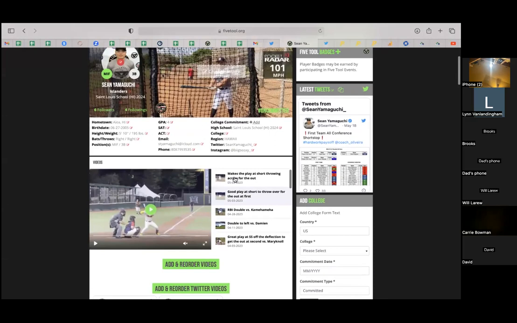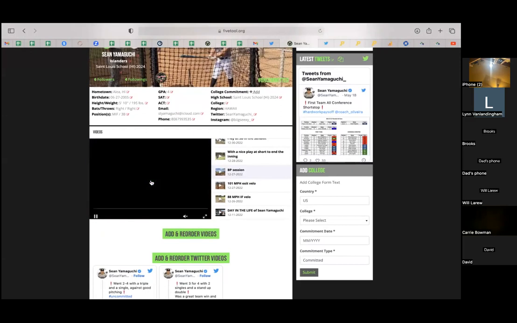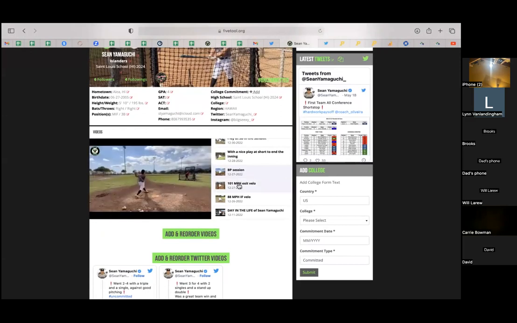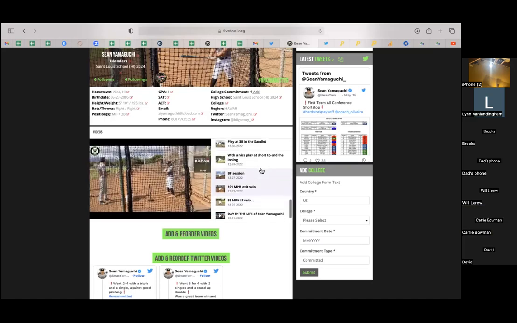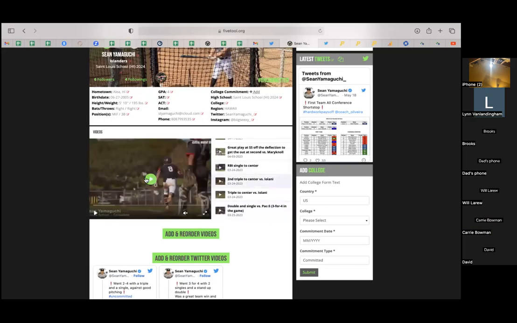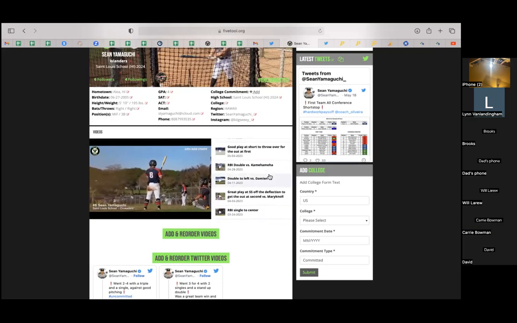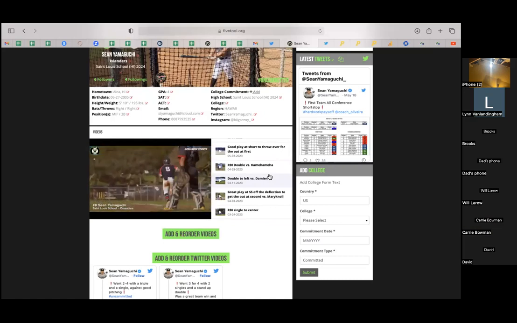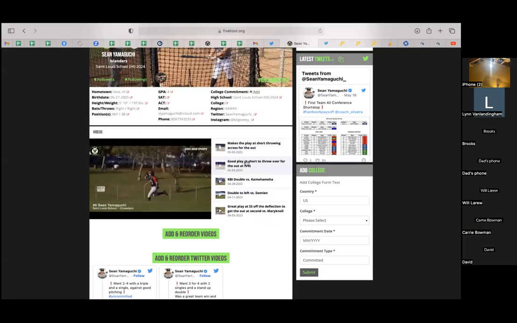I think this is a good example of exactly what we were hoping to do, right? As we do Scout Days, open side BP sessions for you guys, we have the exit velos, we have the infield velos, and those videos that pop up here. But what we're really known for is our in-game highlights, right? It gives you a chance to see some of the other options you guys have out there for profiles like this, maybe a little more focused on the Scout Day aspect. But we really feel like what's more useful to the coaches is seeing game highlights. And so we hope to house both of those things together in one spot.